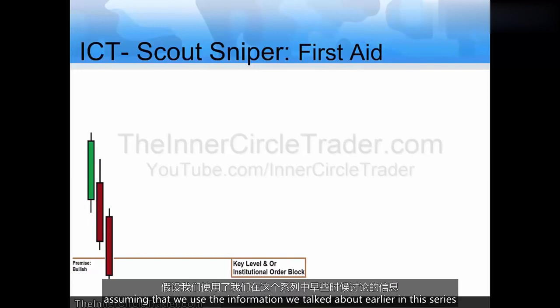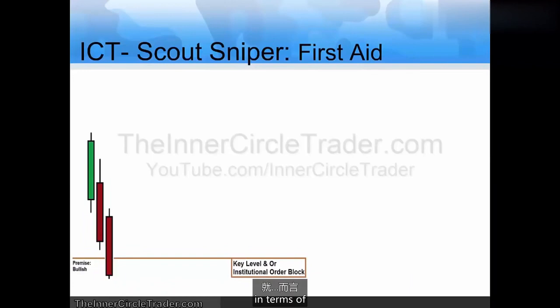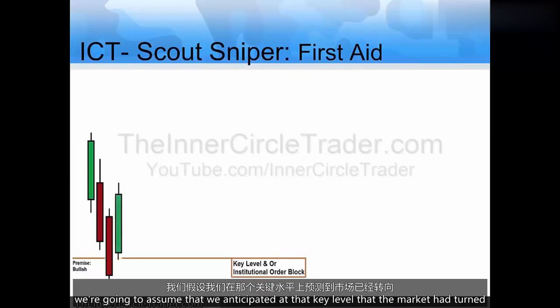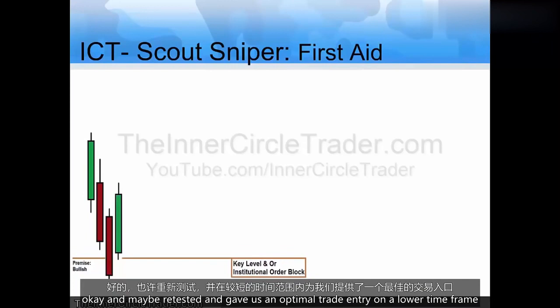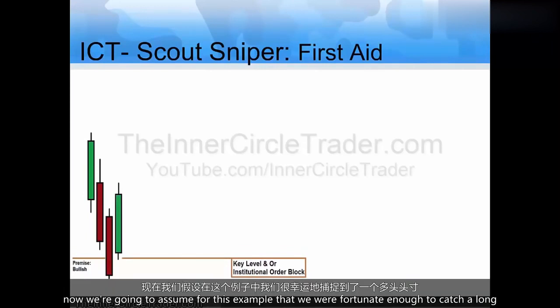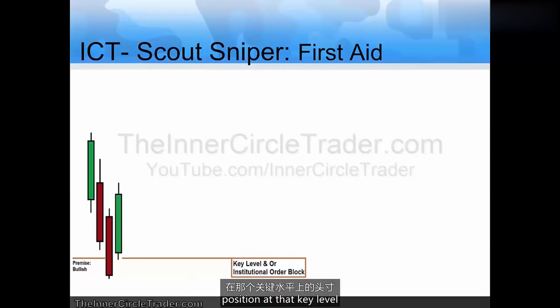Okay, so assuming that we use the information that we talked about earlier in this series in terms of framing a reactionary level to a trade, we're going to assume that we anticipated at that key level that the market had turned, okay, and maybe retested and gave us an optimal trade entry on a lower time frame. Now we're going to assume for this example that we were fortunate enough to catch a long position at that key level, okay, and it's not important that we have a specific price level in this example,